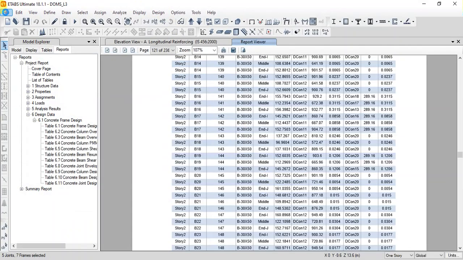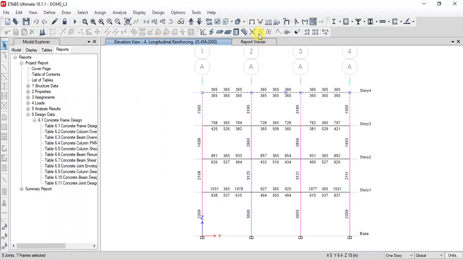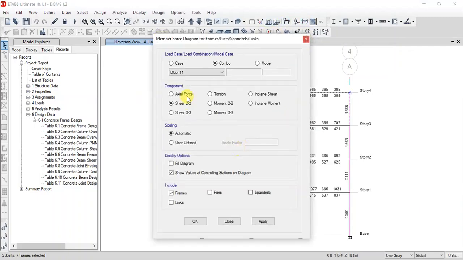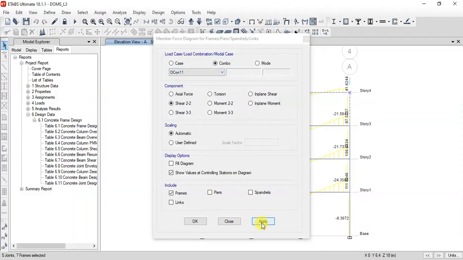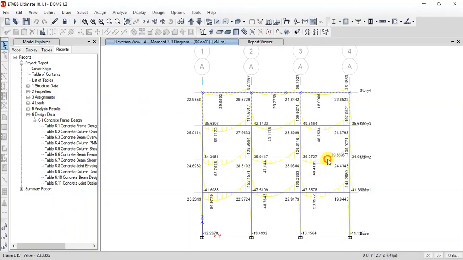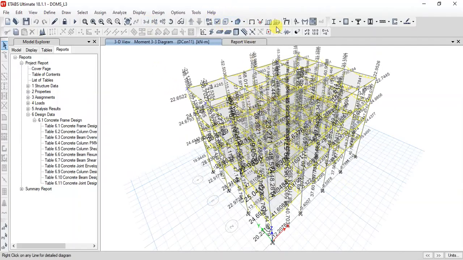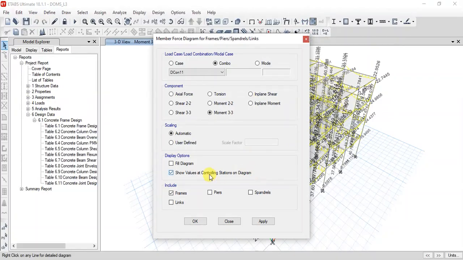And also, if you want to take any snapshots, you can do that. For example, you may be interested in taking a snapshot of some bending moment diagrams, or any one particular beam's results, so that also you can do.